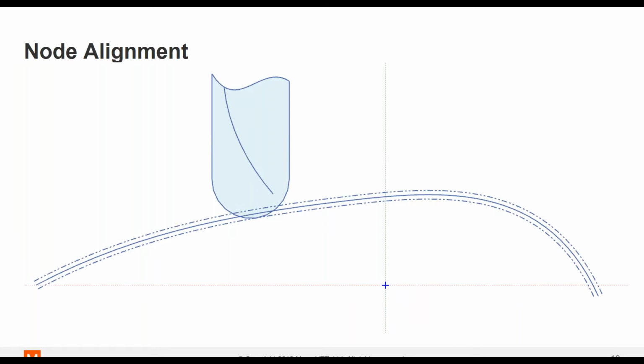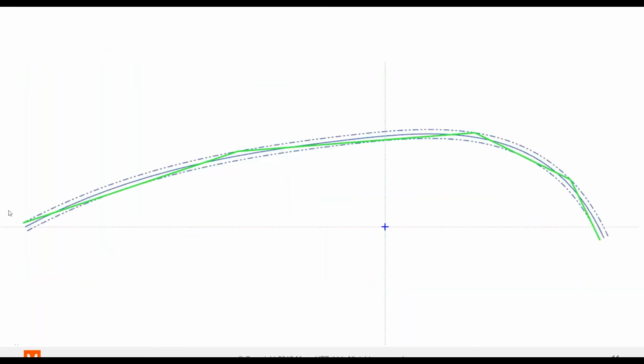So we have a tolerance that we're machining to. We can go inside the surface just a little bit, or we can stay outside the surface just a little bit, and our part will still meet requirements. So to machine this surface, then we're going to take that in-tol and out-tol information, and we're going to apply a series of straight lines, which you see here in green. And as long as those lines stay inside the in-tol, out-tol, we're meeting the tolerance requirements of machining that surface. The corners that you see here are the nodes.